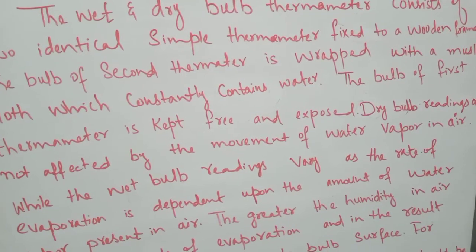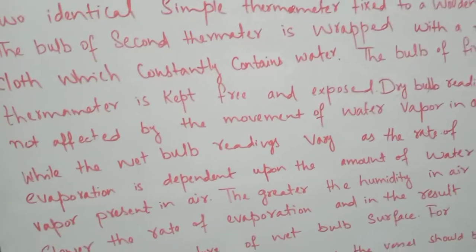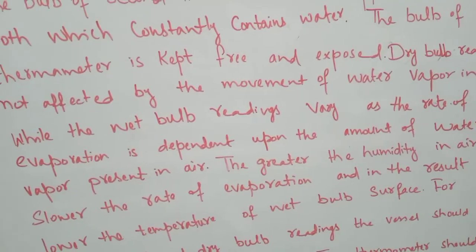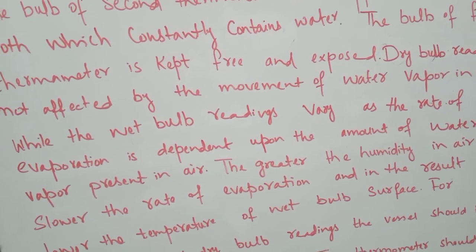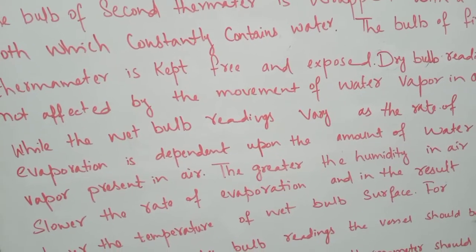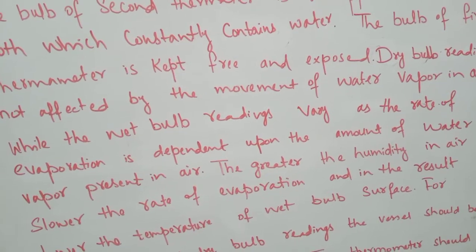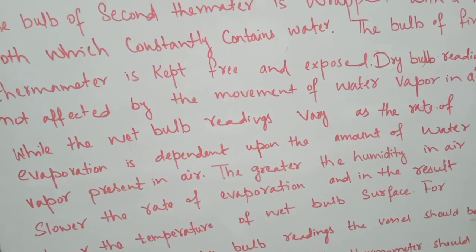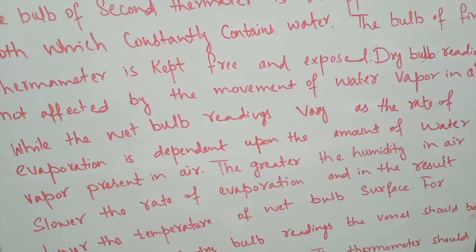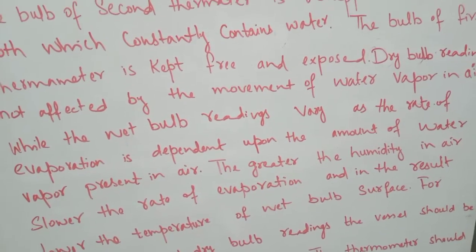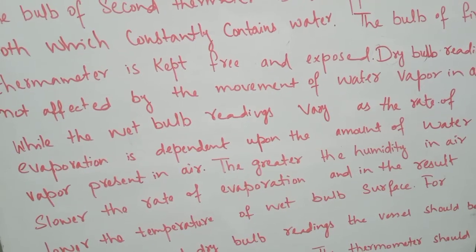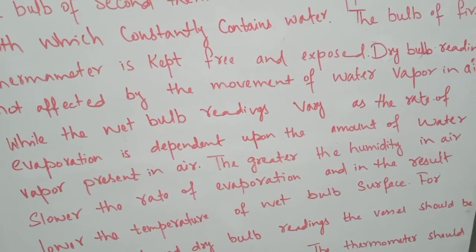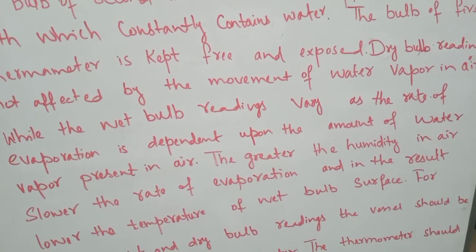Because it is not attached with any wet surface. While if we take a look at the wet bulb reading, as it is attached with the muslin cloth, it means the humidity, or the amount of water vapor present in the air, obviously has to do with the process of evaporation. So all these things indicate that the greater the humidity in the air,